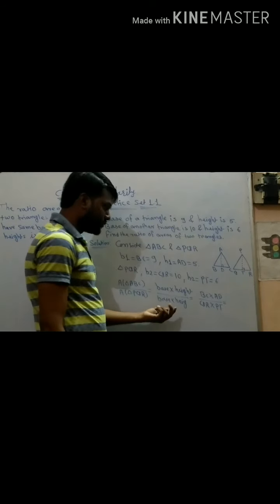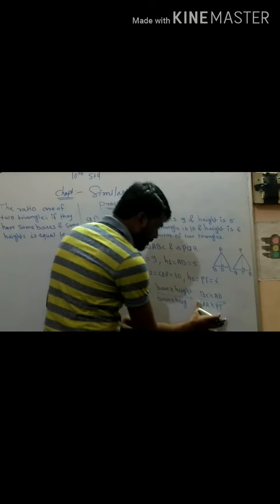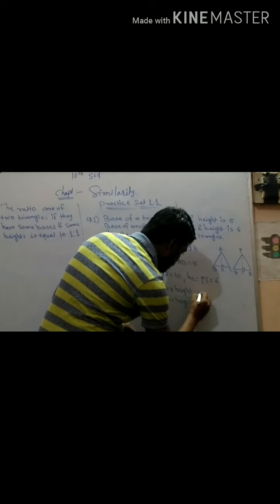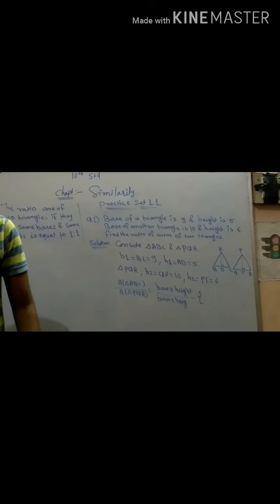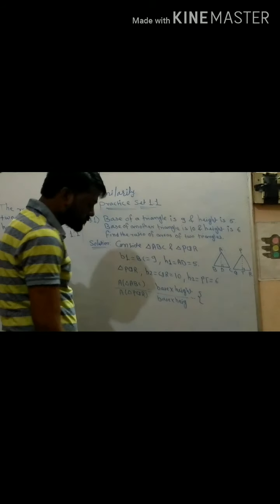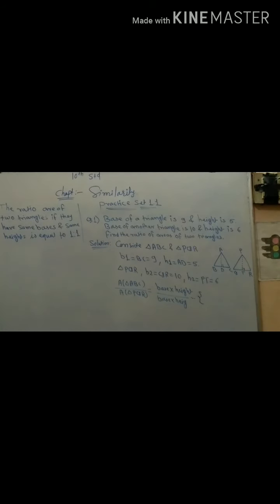So here the base and height are different. So you need to write a statement. What is the statement? We rough here and write down the statement. In curly brackets you can write the statement. Which property did we learn when the bases and heights are different? We use property number one. So having both triangles with heights and bases different, here you can write it like that.